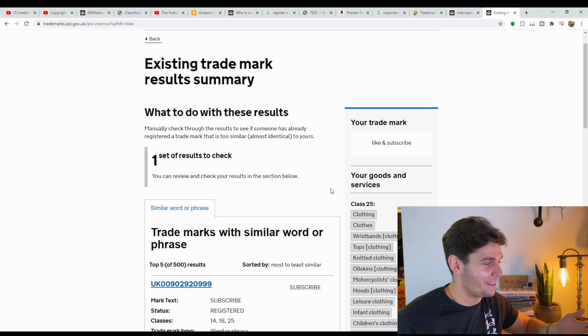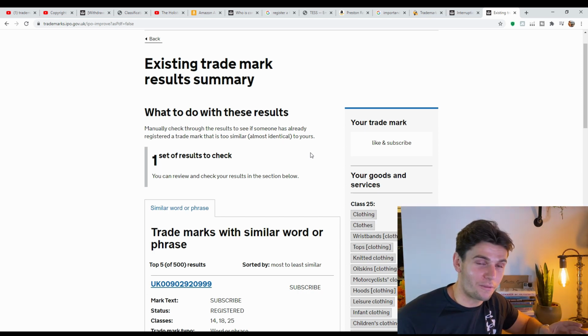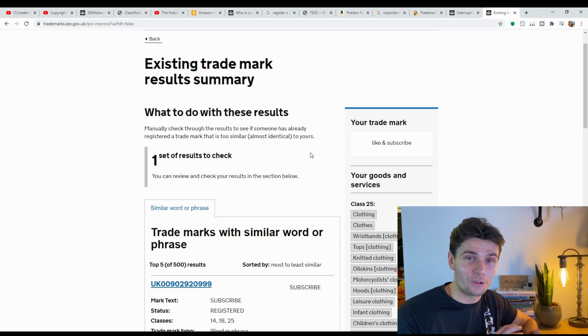So this is basically the existing trademark results summary. Once you've put in your details, it's then going to look for other companies which already own similar trademarks, and when you complete your application, they actually may notify these companies that you're applying for that trademark, and it will be up to them to see whether they want to make a case against you if they feel that your trademark is too similar to theirs